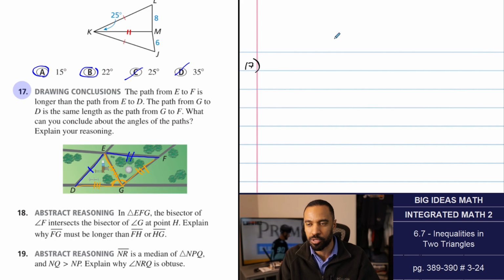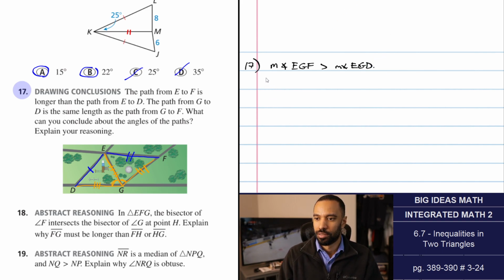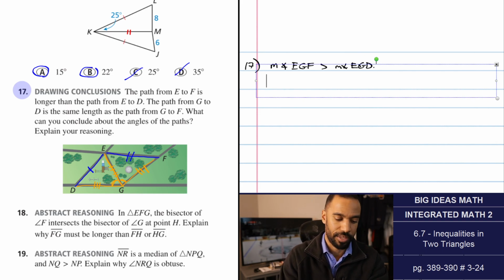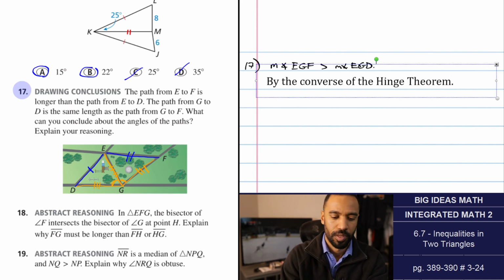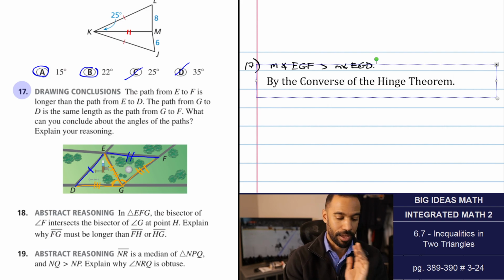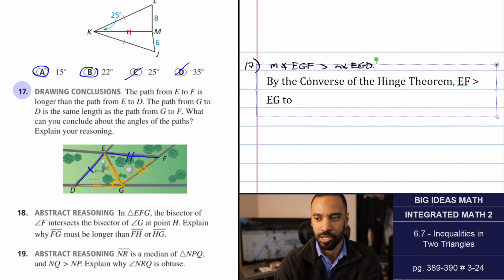We don't just call them angle G. I'm just saying that that's the ones we're going to compare. So we can conclude that the measure of angle EGF is greater than the measure of angle EGD. Ultimately, this is by the converse of the Hinge theorem. By the converse of the Hinge theorem, I feel like I should capitalize the C here. By the converse of the Hinge theorem, that might be enough to say, but EF is greater than EG, so